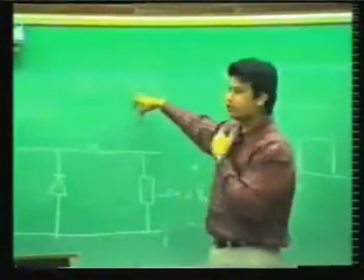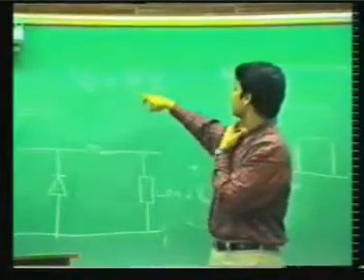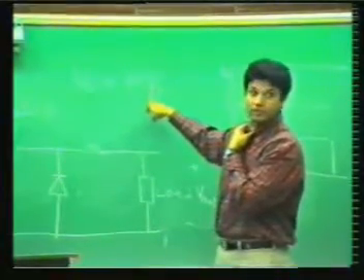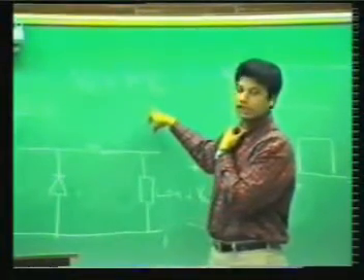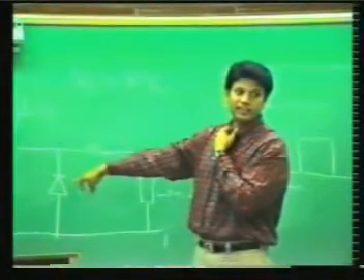So what is the range of this output voltage? It can vary from 0 volts to the V input. So it's always less than the input voltage. That works as a buck converter.